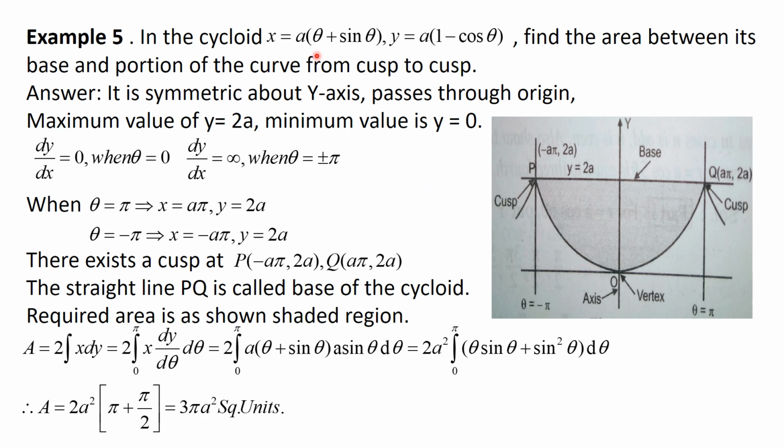All the types of cycloids, with x as theta plus or minus sin theta and y in terms of 1 plus or minus cos theta, all four types we have already studied. With this example in parametric form, try to find the area between the two curves for those four curves, so x and y with all the plus minus combination terms. So the important step here is that we convert the parametric form in terms of one variable by using x dy by d theta into d theta, and hence it is possible to calculate the values of x and y with respect to theta. Thank you.